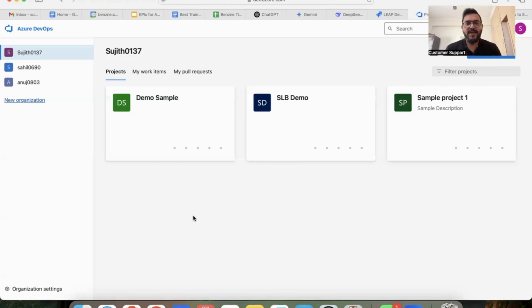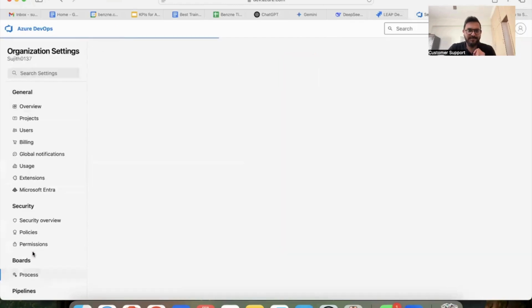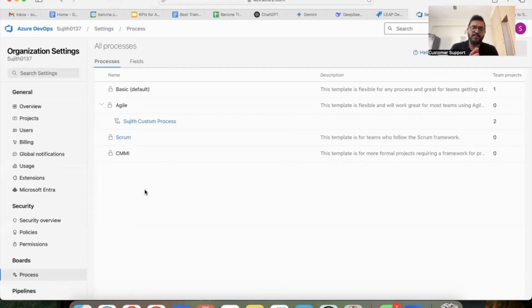Now, if you want to modify a workflow or add a status in your issue type, all you have to do is go to your organization in ADO, click on organization settings. You will be directed to a page as shown on the screen. Next, on the left-hand navigation panel, you'll have to click on processes and select for which project you want to make the modification. In this example, I'm going to select Sujith's custom process where I want to modify the